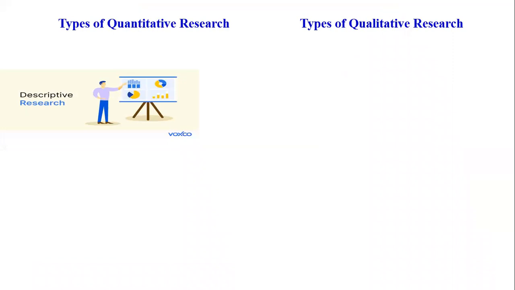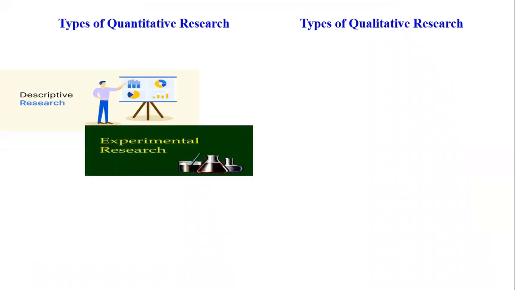Next, we go for types of research. Anything which we already explained about numbers is quantitative. These are types of quantitative research. Descriptive research, in which we generalize the result, right? And we can judge the result. And experimental research, in which there is a control group and an experimental group, and we can control something. But in qualitative research, you cannot control something. This is also a characteristic of the research, right? You cannot control the events of the past, right? So this is a type of quantitative research.